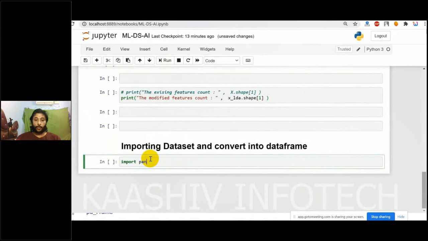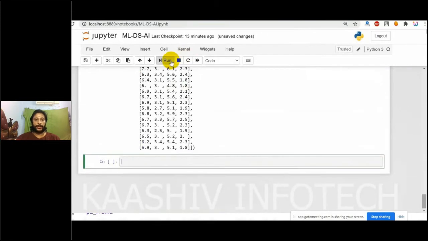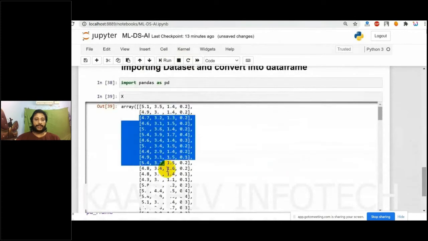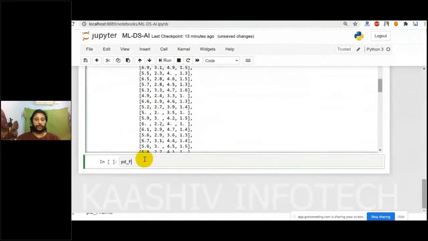So I'm trying to import the data sets and convert them into a data frame. So import pandas as pd. So pd_frame is equal to... yes, I already got the data sets ready. So X is equal to the 4 data sets, and pd_frame is equal to pd